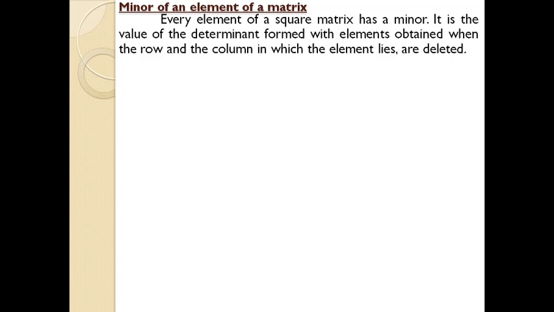And how is it done? We all know how to find the determinant. Or you can find the individual determinant of each cell or element. We will discuss the computation of the minor of an element of a matrix with an example. Then you will get a clear picture about it. For example, let this matrix A be the case of study. It's a square matrix of order 3, that is 3 rows and 3 columns, consisting of both positive as well as negative signs. And how are we going to find the minor?